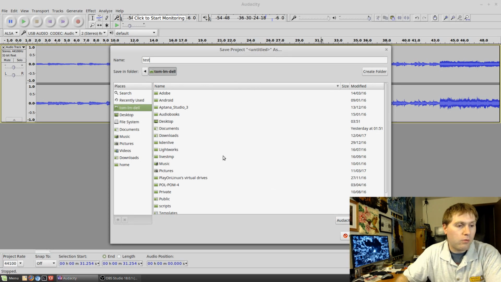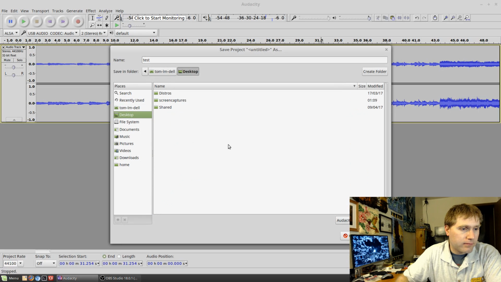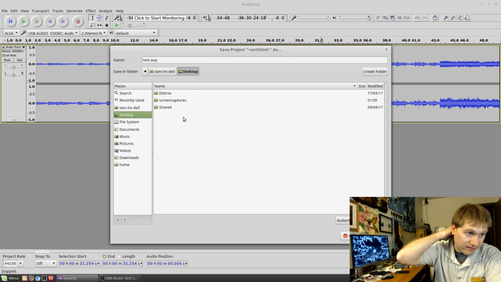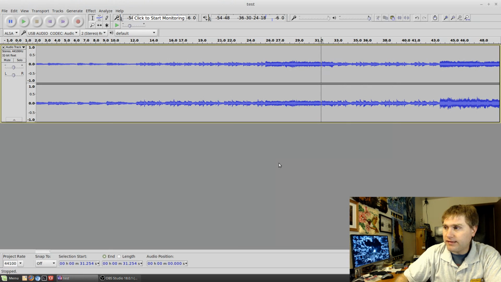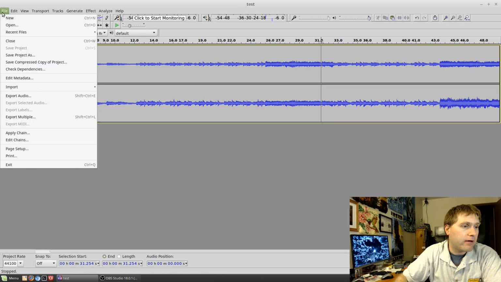So when you do this, one thing Audacity is not very good at, at least on Linux, I can't say for other operating systems, is that it does not like to put in the correct extensions. You will manually have to double check your extensions, make sure they're good. But that will save as an Audacity project file, which is all of your edits, paste, all your tracks, your hidden ones, your externals. So if you want to save a file, though, you want to come down and hit